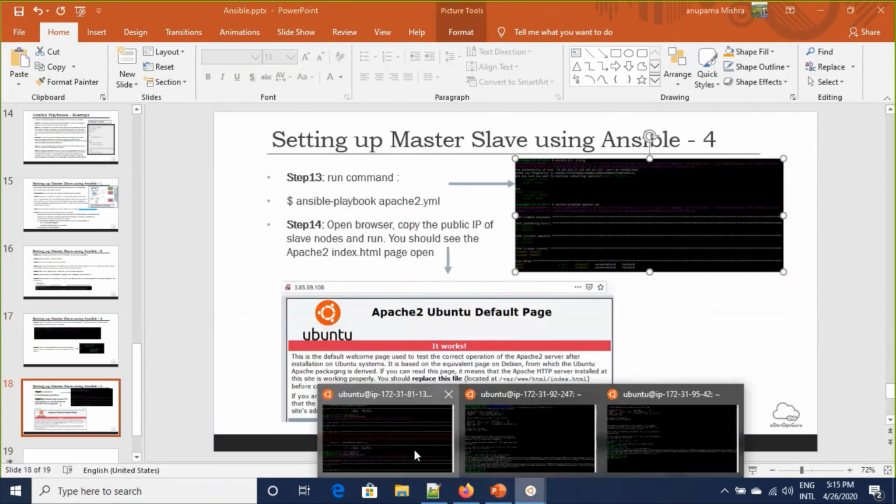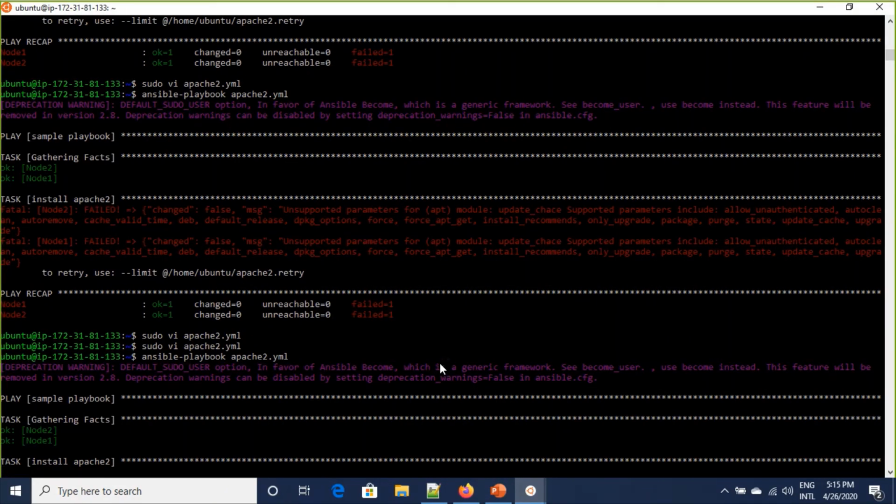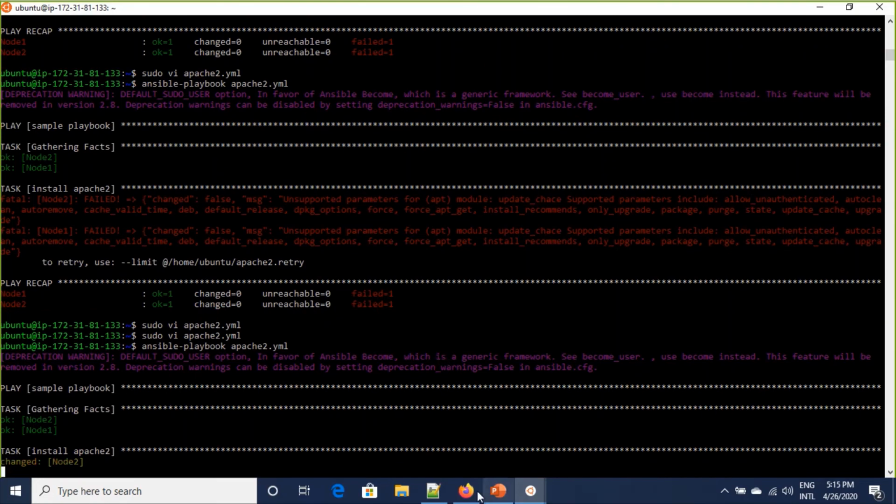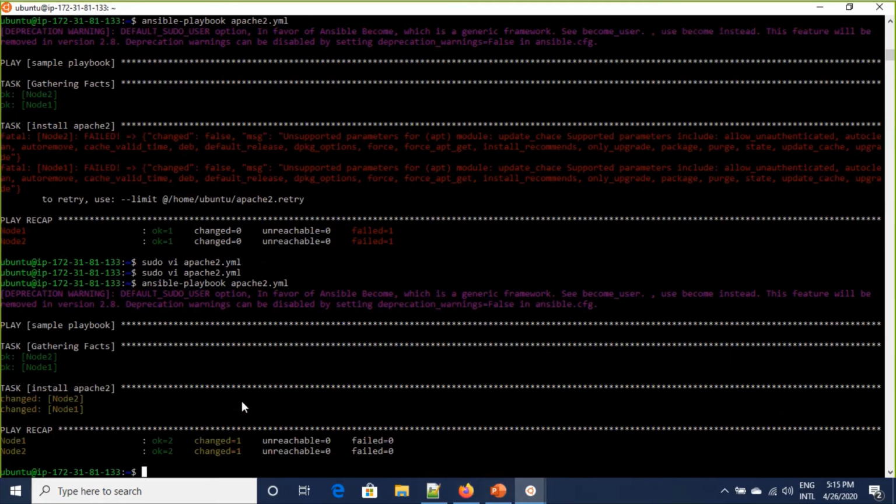We'll see how many OK and how many changes there are. Let's wait for a few minutes. Yes, so we have two OK and two changes on both the nodes.